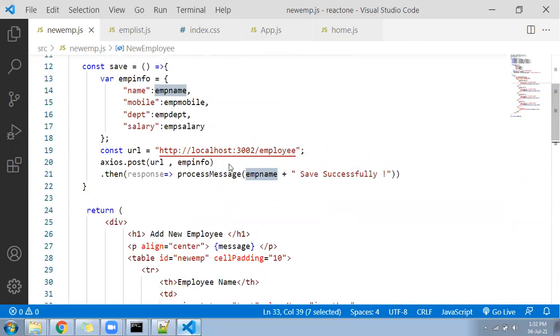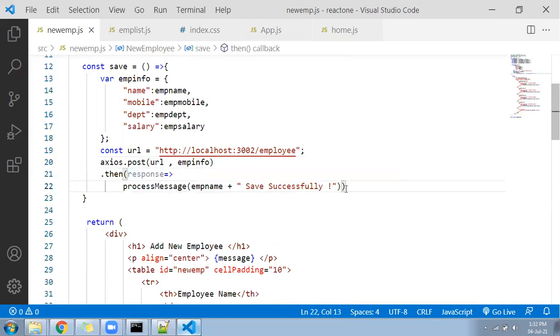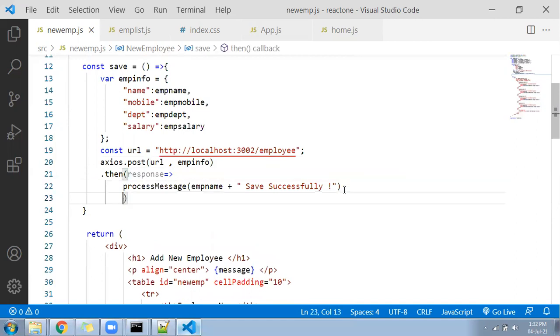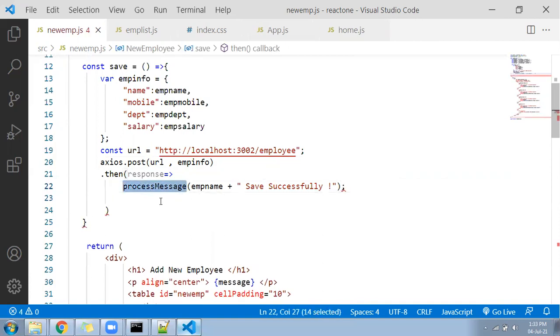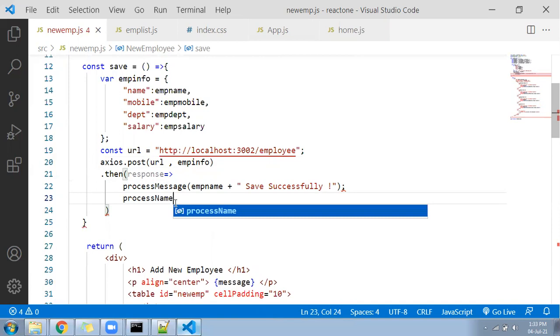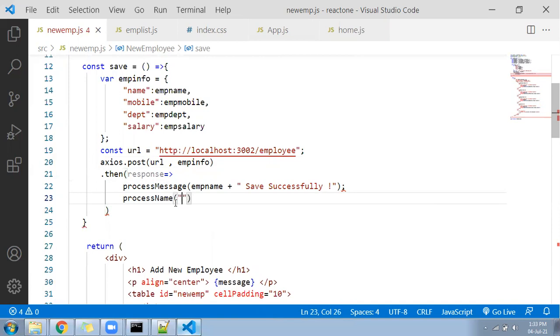Now what I will do, after saving the data, here at this place, axios dot then. This line I should keep on the next line, axios dot then, here this happens, and with the help of process message, you are updating the message. Now at the same time, with the help of process name, a function will help me to clear the text box.